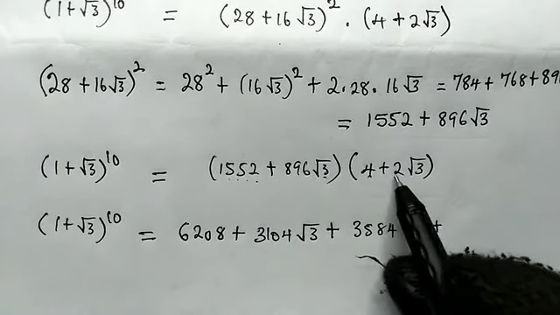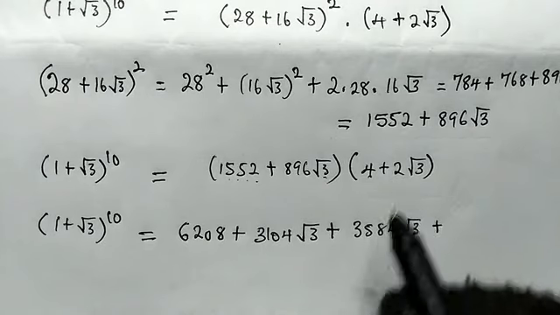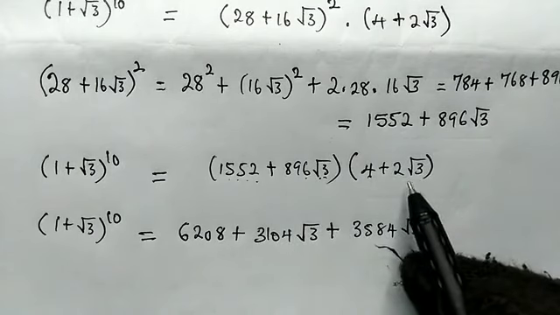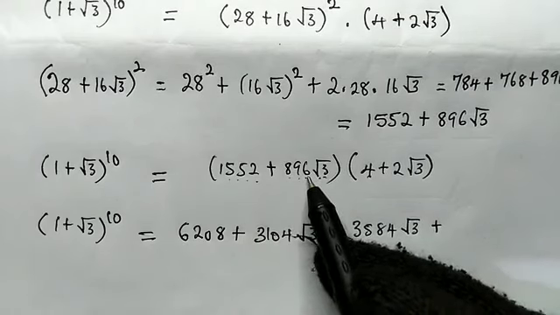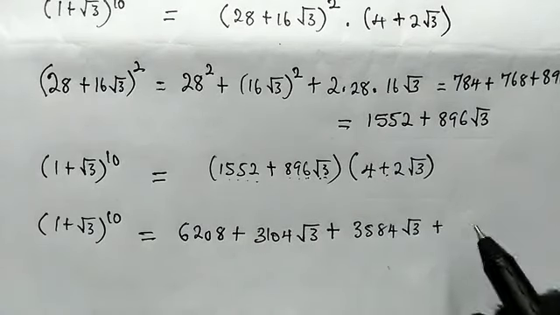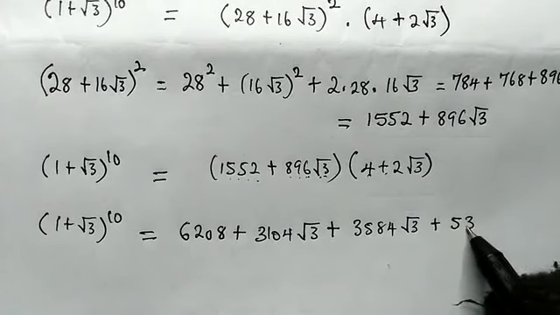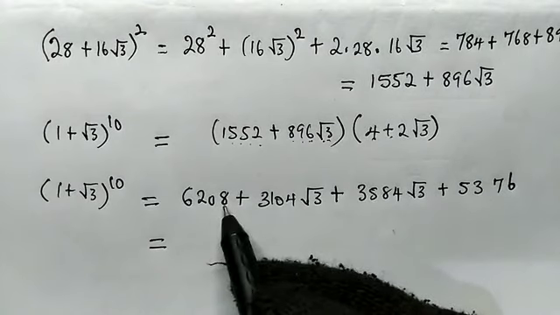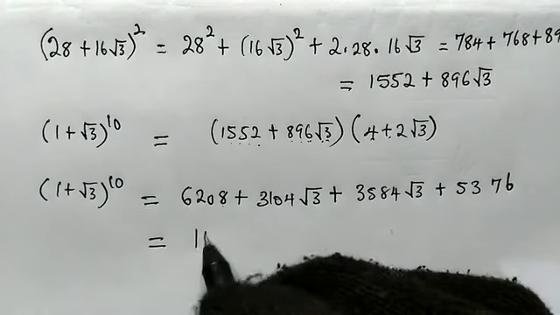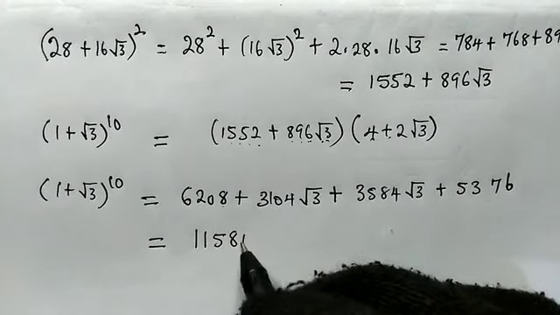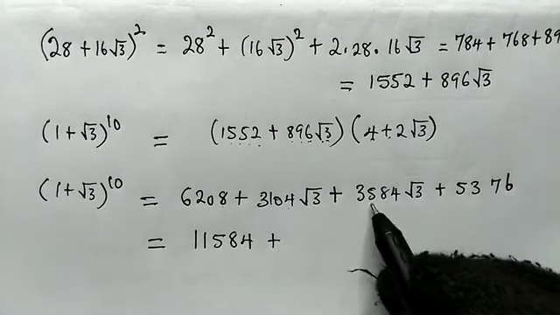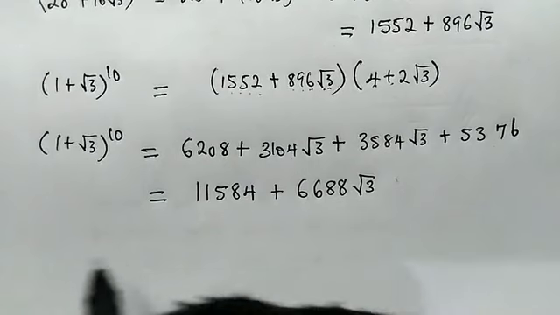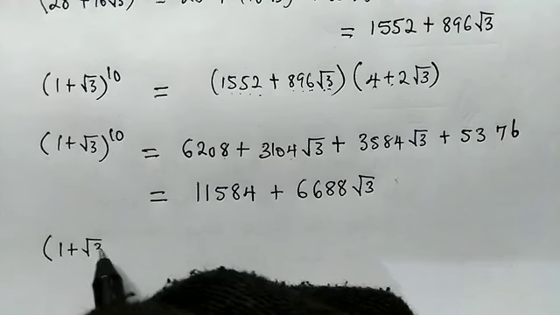896 root 3 times 2 root 3. Remember, root 3 times root 3 is already 3, so this is same as 896 times 2 times 3, right? So which will give us 5376. So from here, adding up, so we have here 6208 plus this, that will give us 11584, then plus this here will give us 6688 root 3. So here we have our solution without a calculator, that 1 plus root 3 to the power